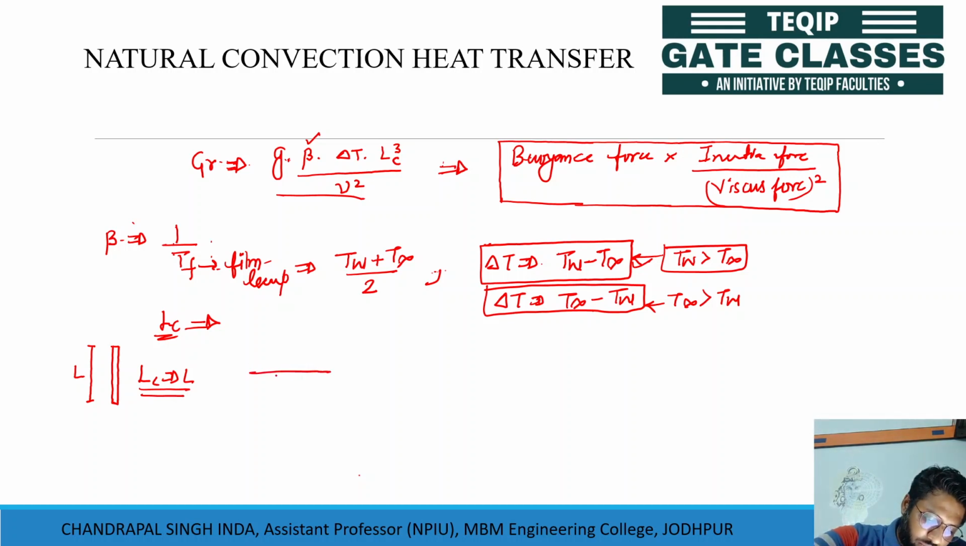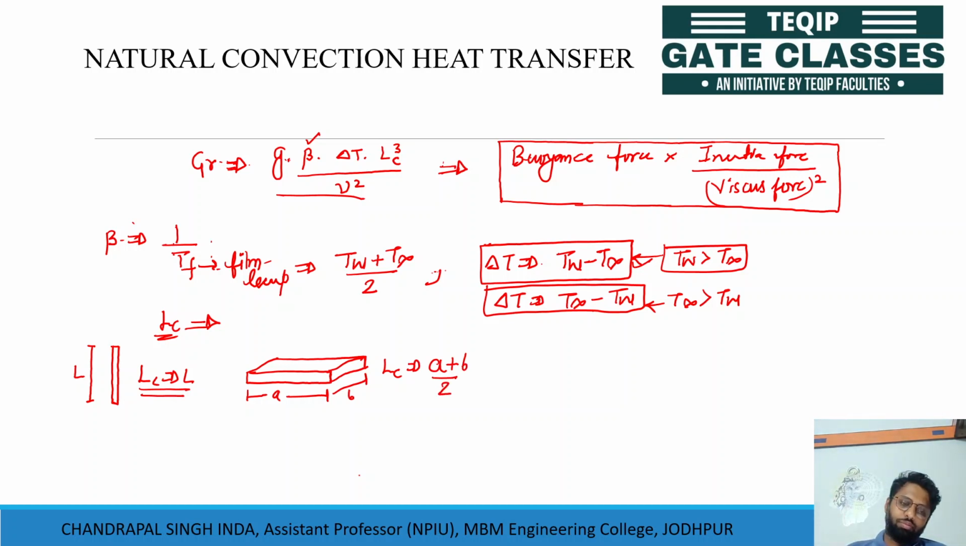Now if we have the horizontal plate, and this is A and this is B. In that case, the characteristic length L_c will be A plus B by 2, means the mean of this value. And if the cylinder is placed vertically,